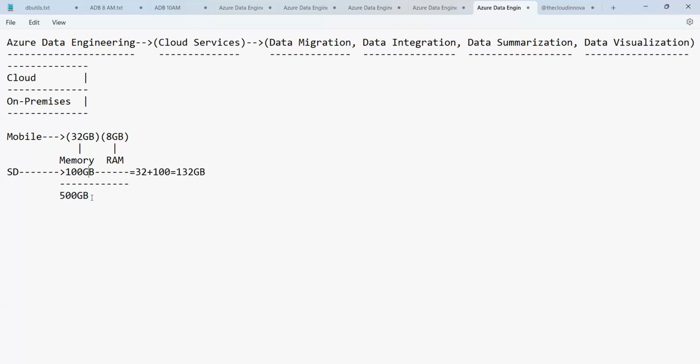So the other alternatives, guys: the SD card is done and the mobile phone you have already bought. So generally what we need to do is go and change the mobile phone. Am I right, guys? You will have to buy a new mobile phone. But in this case, buying a mobile phone is a very expensive process.